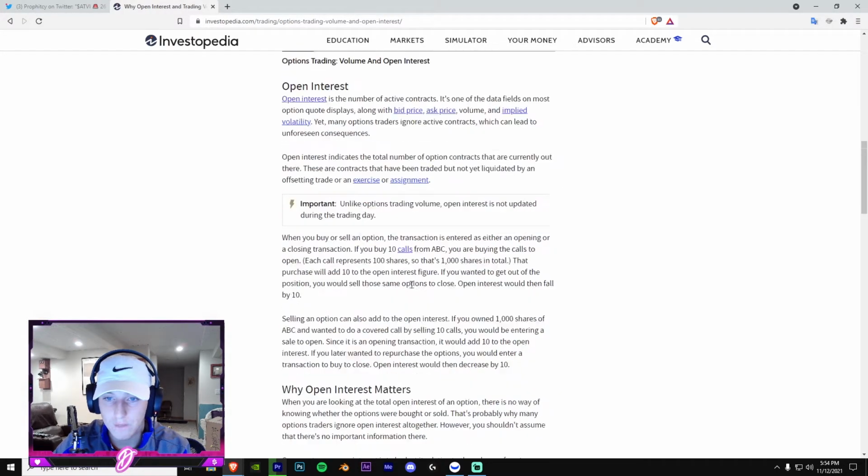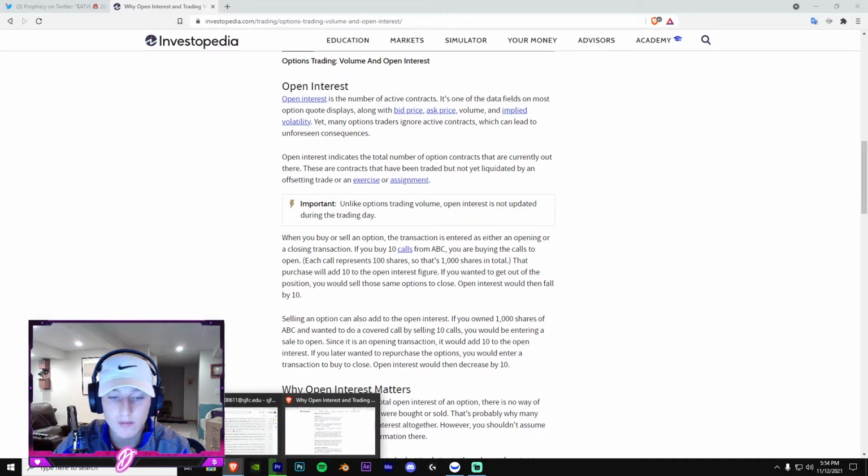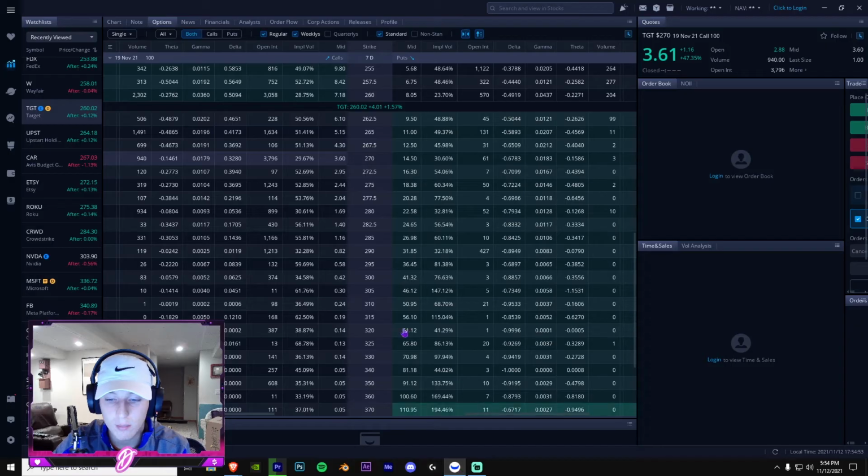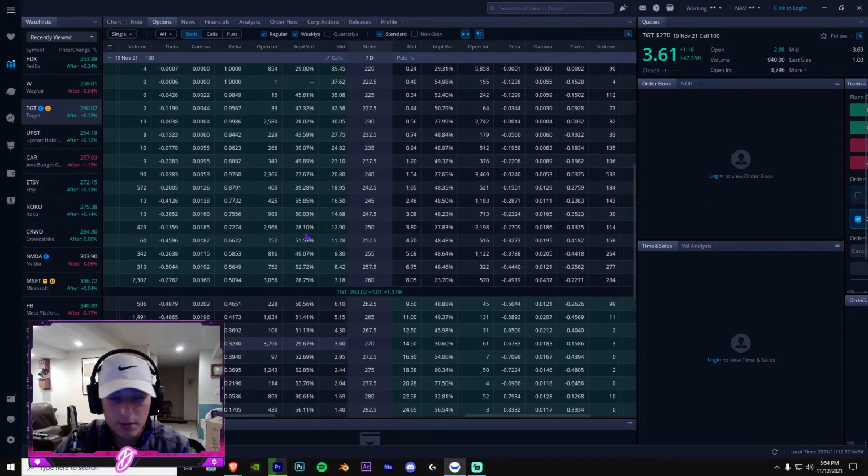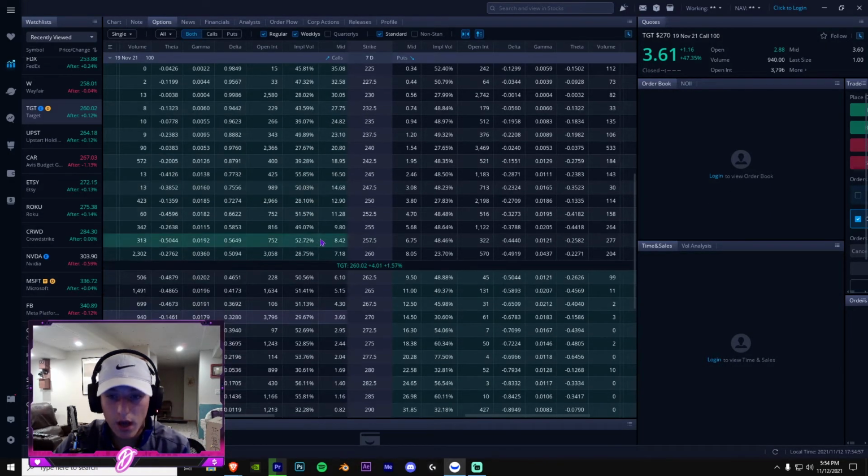So I'm always watching volume and open interest. You want there to be quite a bit of volume and open interest, but you generally want more volume than open interest in your contracts, especially if you're looking to swing trade. And you'll notice that